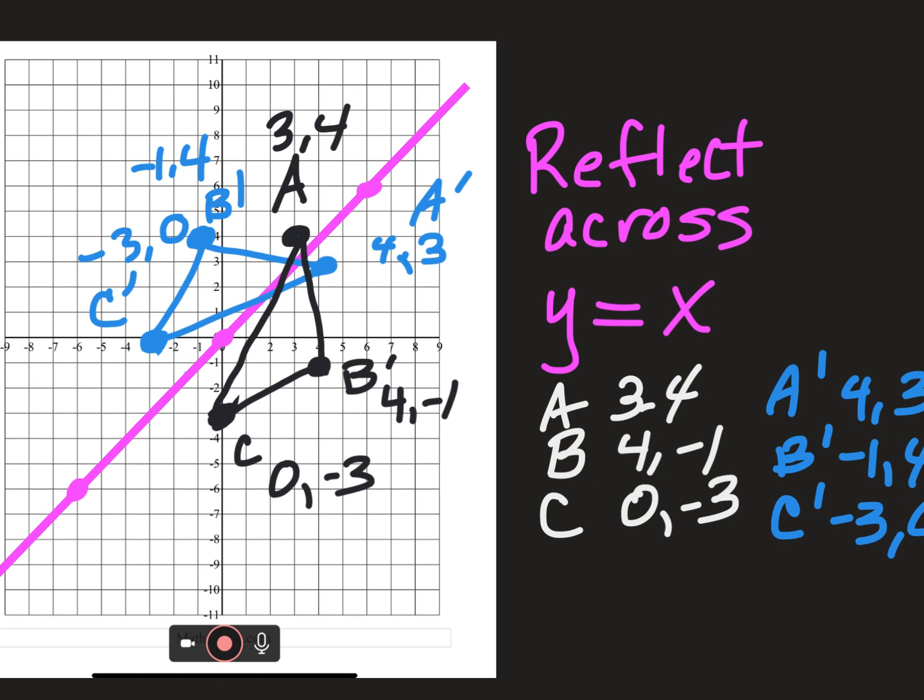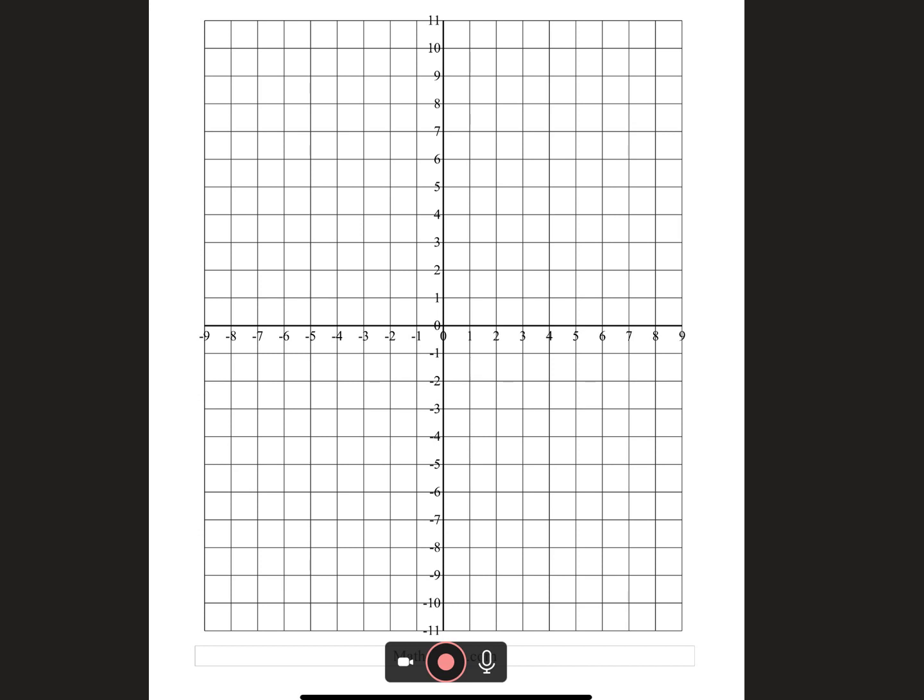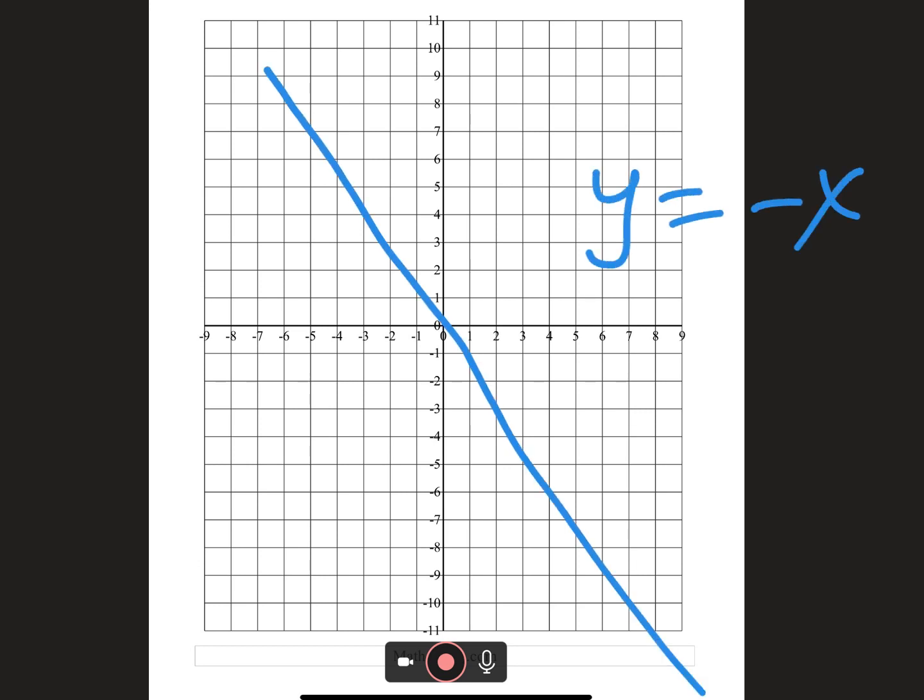All right. So guys, what if the line were going down like that instead? Stay tuned because it's a little different. We are going to do some of those too, but not today. The equation of this line is y equals negative x instead of y equals positive x, and there is a pattern to it. You can learn how to do it. It's really not that hard, but